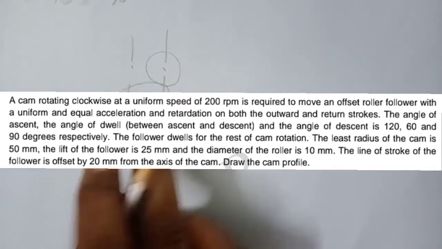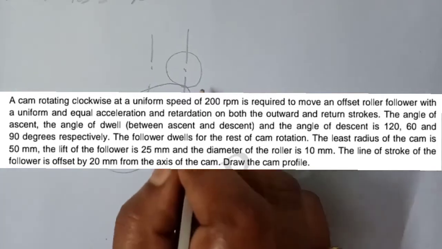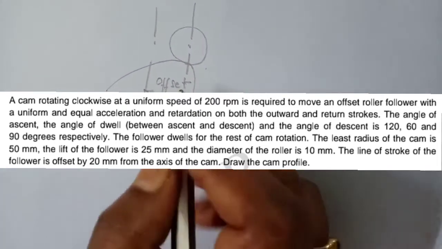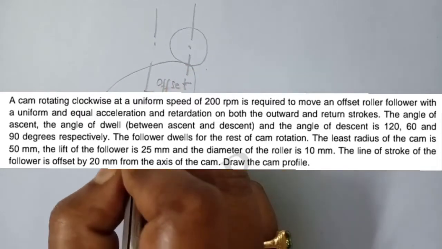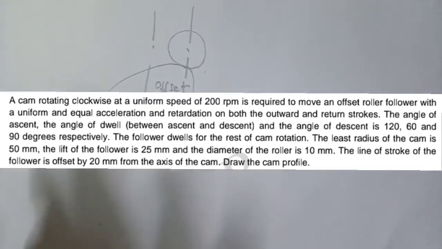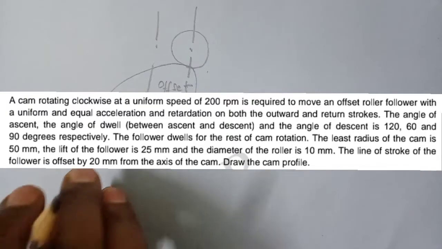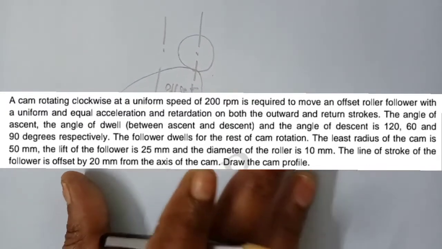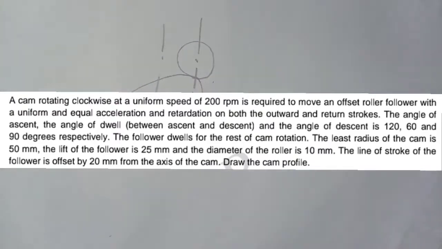So with the help of this, whatever may be the follower, instead of roller you can make it knife edge or flat face. But the follower should not lie in the same line as the axis. They will give additional data as offset distance. Clear? So now I will take one sample